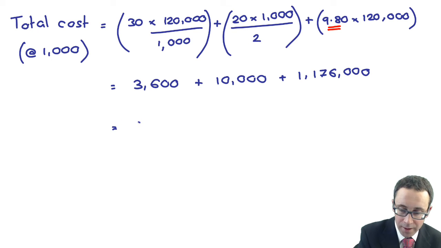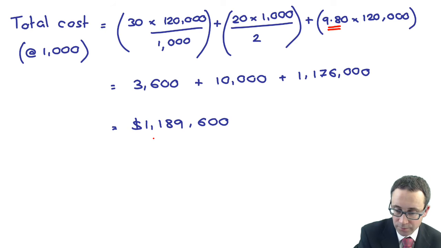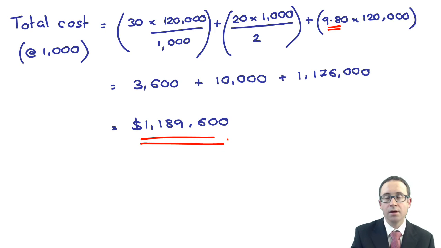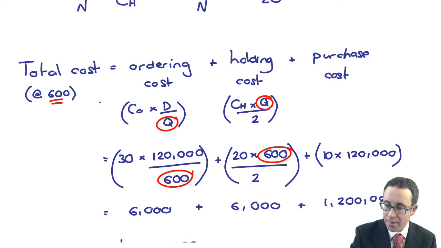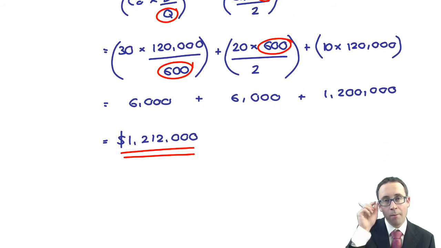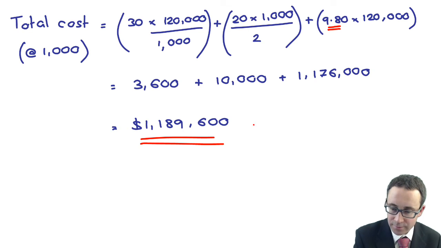If you add that up, I think that gives you $1,189,600. Compared to previously, we had $1,212,000. So it is cheaper, isn't it,